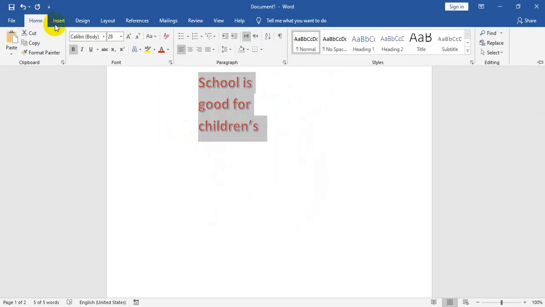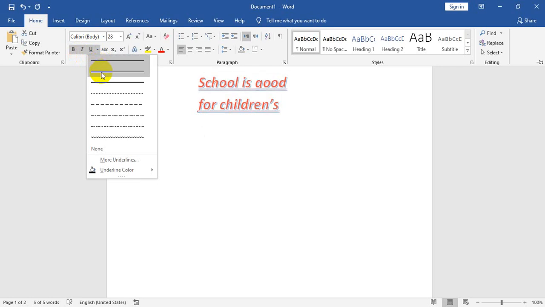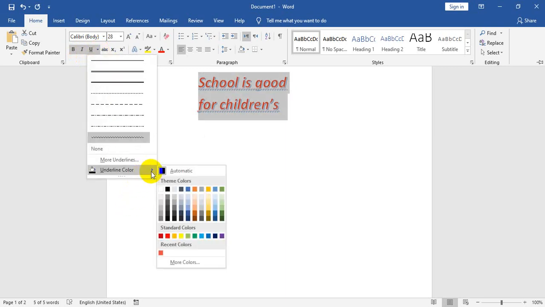Similarly, these three: bold, italic and underline. You can change the underline style by your own choice, and you can also change the underline color by your own choice.